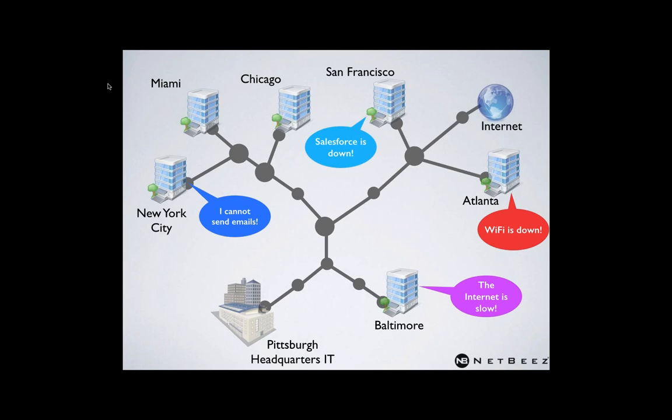The second category is based on flow data. And here we find taps, span ports, or any other type of device or protocol like NetFlow that give us passive data about existing connections between users and applications. So these are really good tools to monitor reactively an issue between a client and a server, for example, but